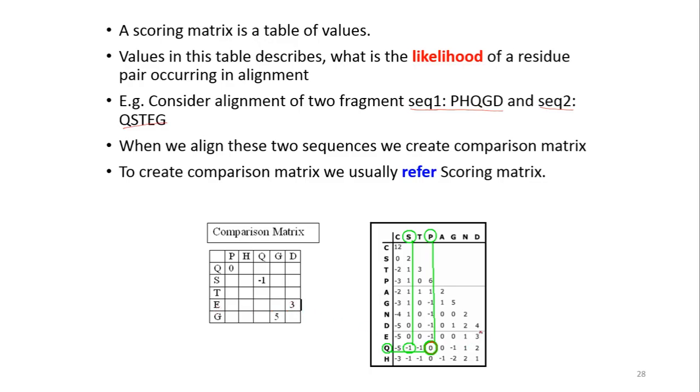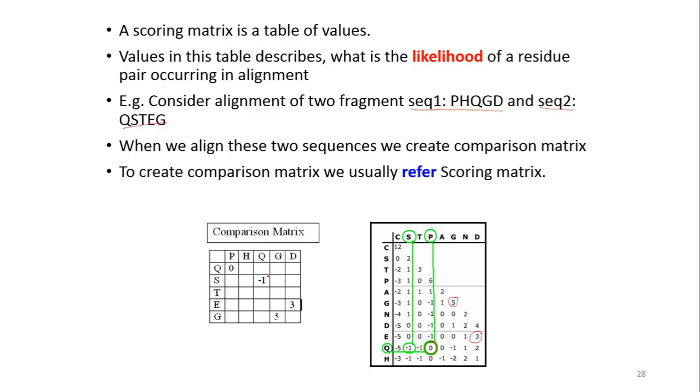You see over here, this is aspartate getting aligned with glutamate. What is the likelihood of this glycine getting paired with another glycine in the next sequence? The value is 5. Glycine getting paired with glycine, the likelihood value is 5. So this is how you use the scoring matrix to